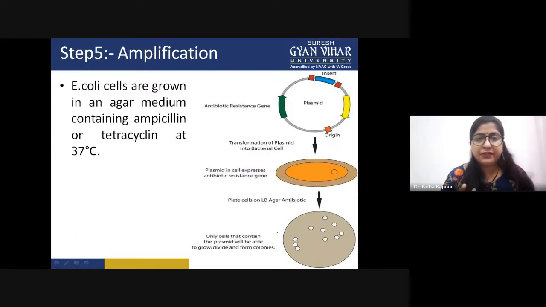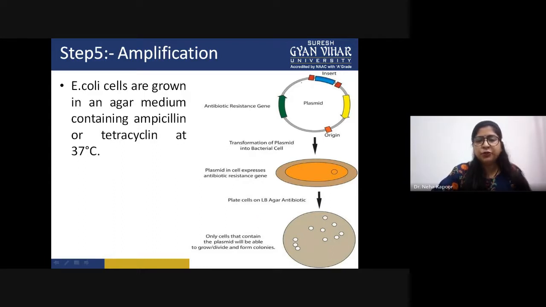Next is amplification. That means once you have transformed the cell, the next point is how you can go for the amplification. For that, once the complete transformation is done, you need to culture, or grow, those recombinant host cells onto a media containing a particular selectable marker. Maybe it can be ampicillin or it can be tetracycline. As you can see here,